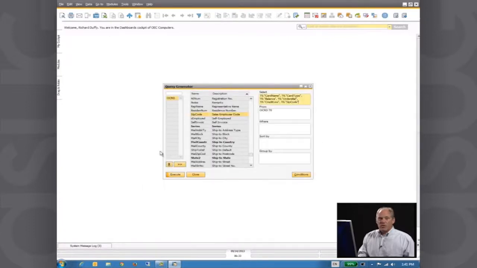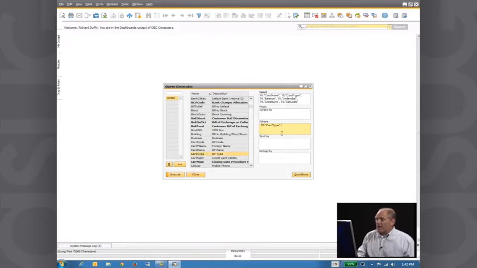It'll take me back to my query builder or my query generator. And then I can say, all right, I only want to see, so I'm going to apply a filter. I only want to see the data where, we'll go back up, and we'll say where the card type, again it's simply a matter of scrolling through, here we go, business partner type, so I double click and I say where card type, and I can type in my value, where card type is equal to, and it's a string, so I put a single quote, C for customer,